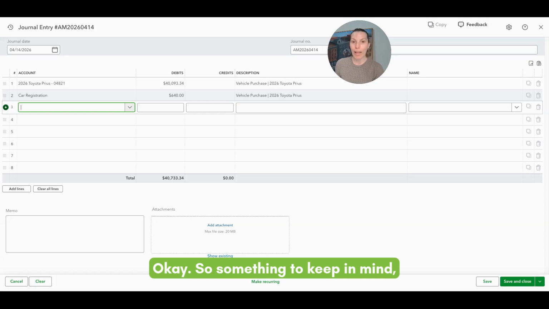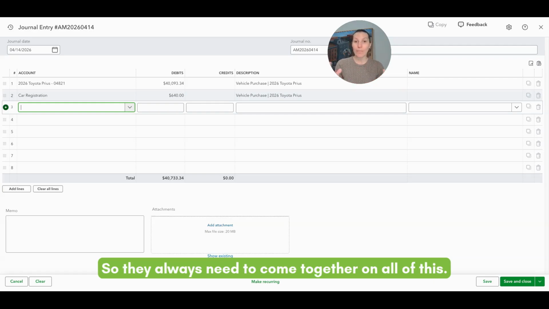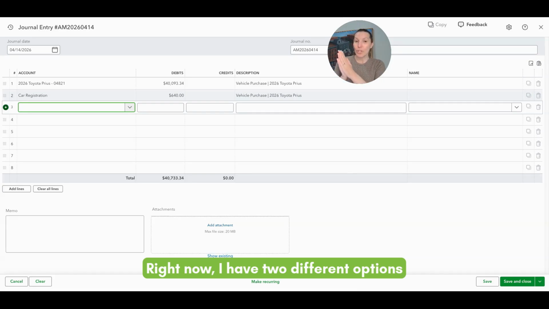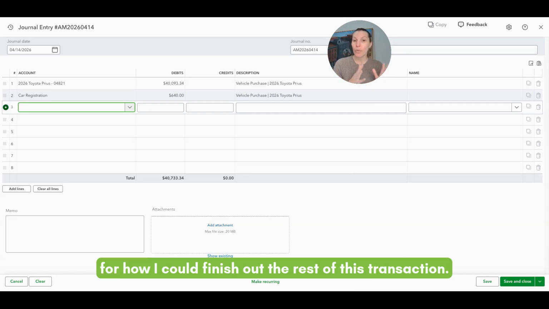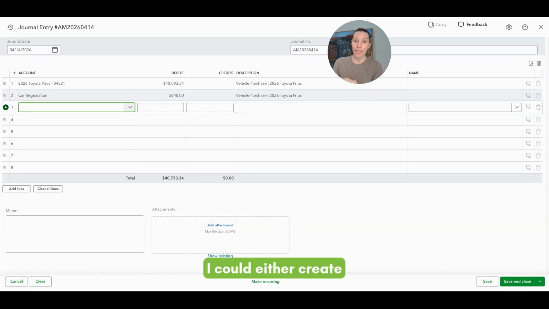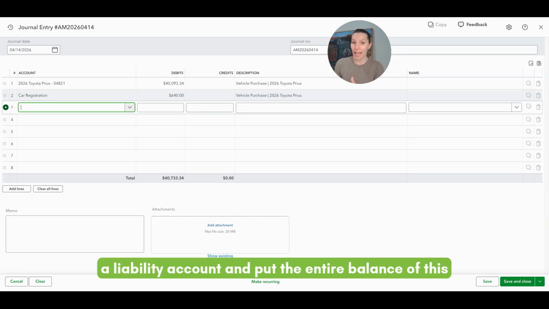So something to keep in mind whenever you're doing a journal entry, your debits and credits always need to match. So they always need to come together on all of this. Right now, I have two different options for how I could finish out the rest of this transaction. I could either create a liability account and put the entire balance of this $40,733.34 to that liability account,